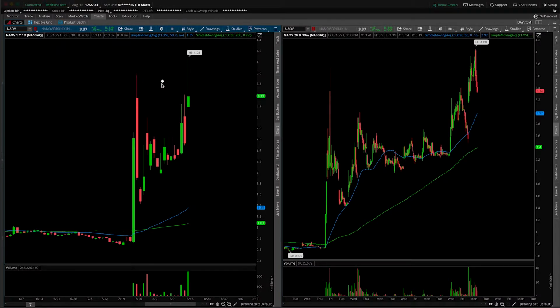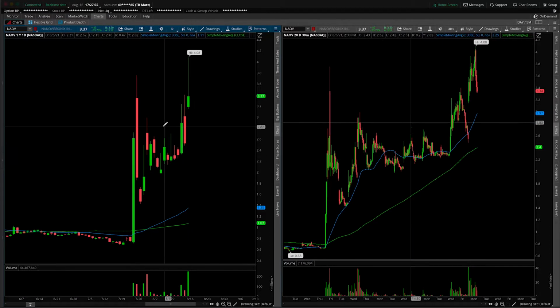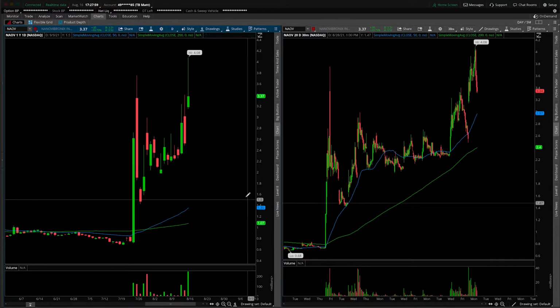On the left-hand side, we are looking at the daily time frame, and on the right-hand side, the 30-minute intraday time frame. This is a relatively new stock to trading. You can see there was essentially zero volume being conducted down here. There was some sort of recent breakout that has led to more eyes being on it. So let's go forward with this analysis, mapping out obvious areas of support and resistance from this